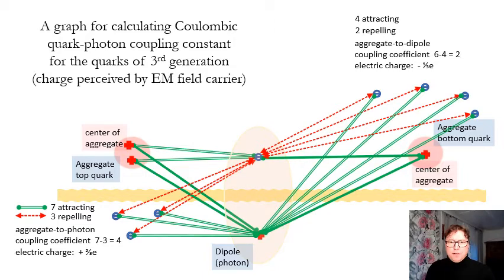And finally, the third generation of quarks. We can see that the electric charge attribution still is functioning well, so we get 2/3 of the fundamental charge for the top quark and -1/3 of it for the bottom quark. Also, we see that the number of nits in these aggregates is increasing, and that has an implication on the